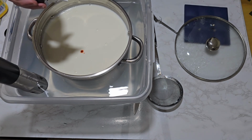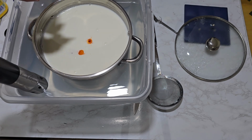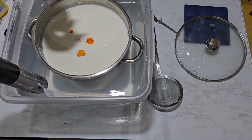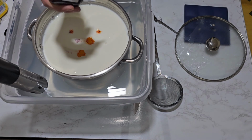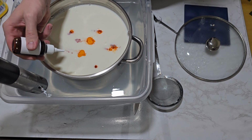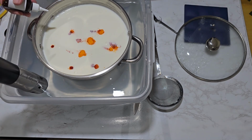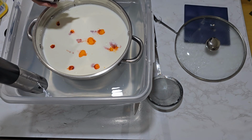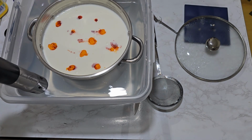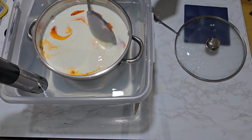1, 2, 3, 4, 5, 6, 7, 8, 9, 10, 11, 12. Now, I believe I was actually supposed to dilute that in the water as well, but if we just give that a little mixy mix,